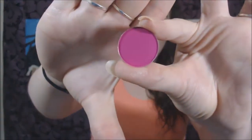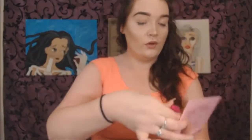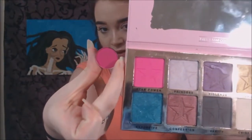So for the first one, this one is in the shade Vibrant Pink. Just coming up a little bit more purple on camera, but it is actually a dead ringer for Star Power from the Beauty Killer palette. I'm not sure if you can tell in the comparison. It is almost exactly the same, so it's like you don't even need this color anymore, but